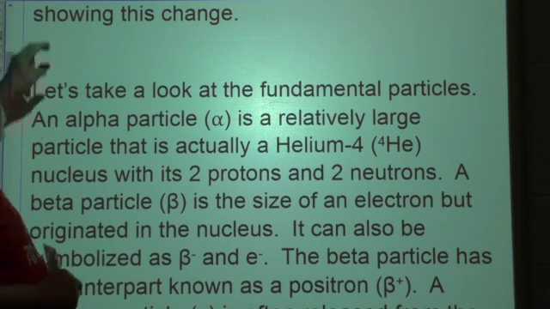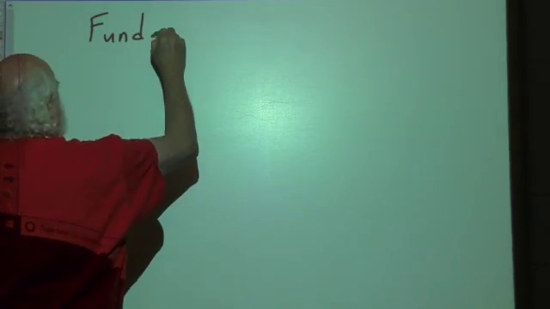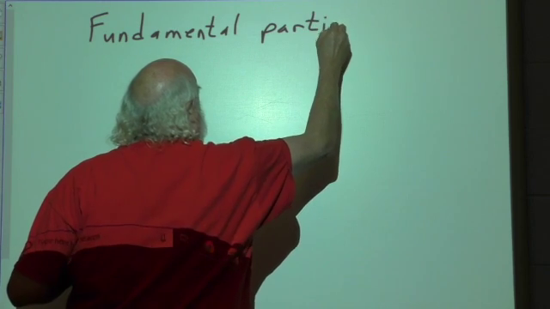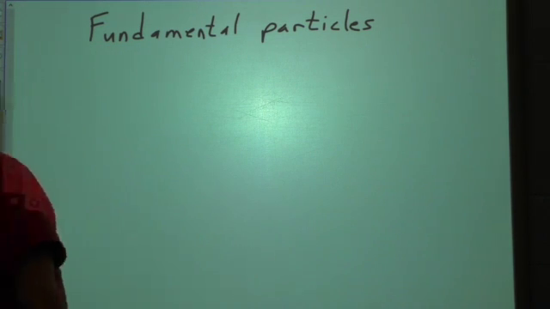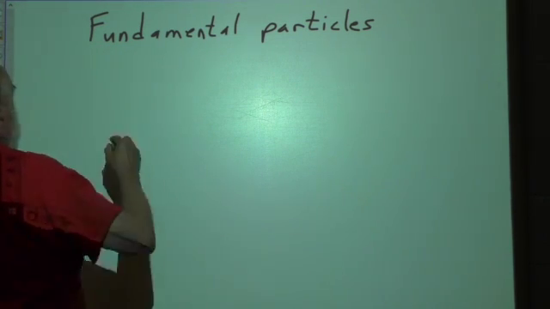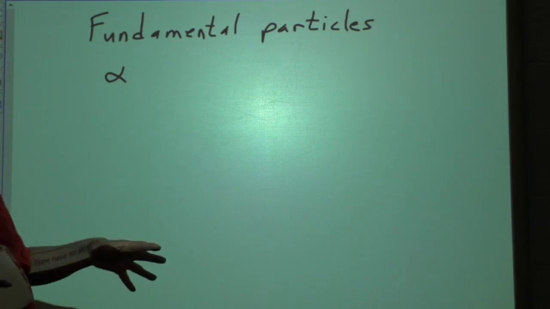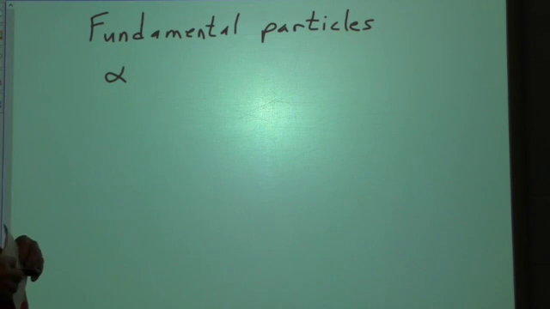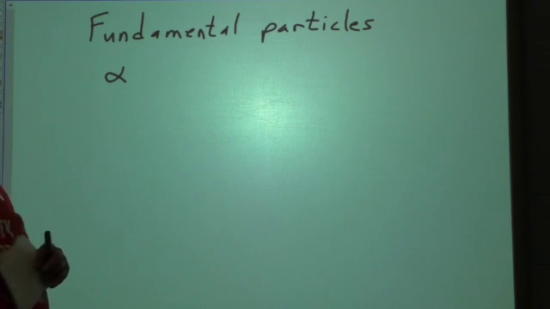So we're going to take a look at the fundamental particles that you're going to be seeing in the problems you're going to be dealing with. Okay, so we'll start off with the most basic one, and that is the alpha particle. This is the biggest of the nuclear particles. There are technically four nuclear particles that are being either kicked out or absorbed, depending on what's going on, that make